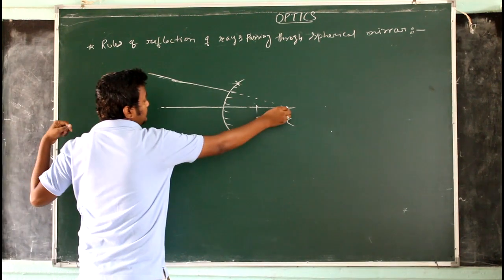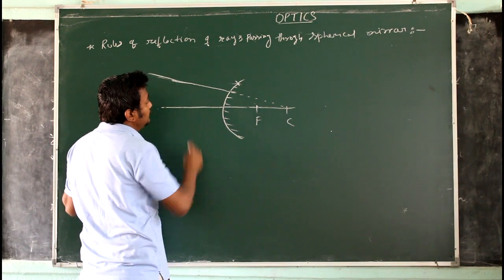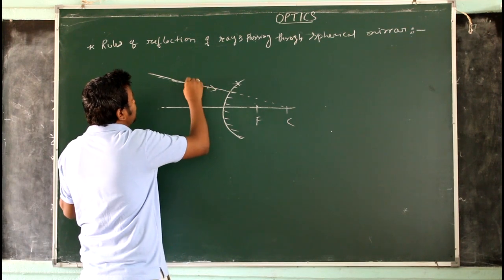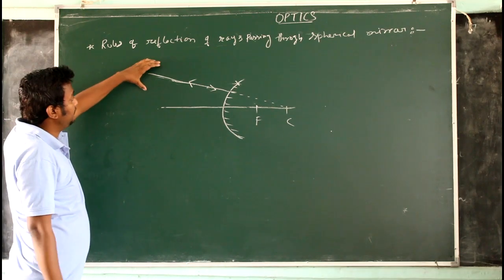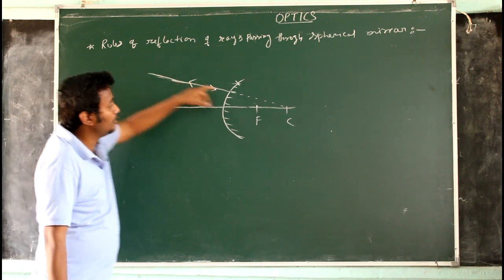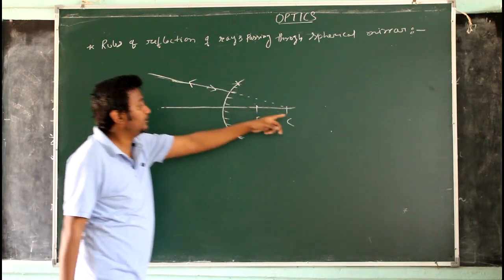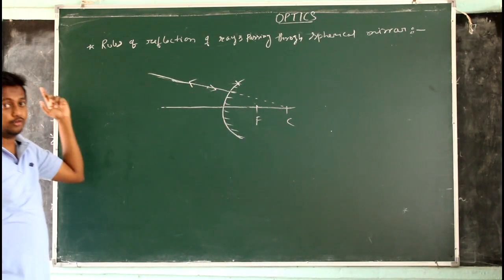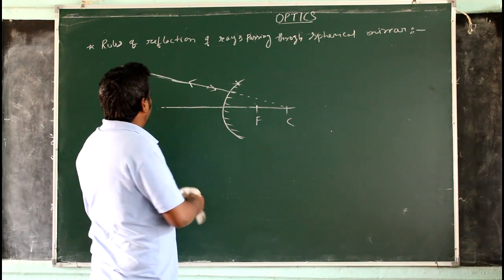After reflection, this ray will follow the same path. If you see from here, in your eye it will appear that this ray comes from the center of curvature. So the ray which is in the direction of the center of curvature, after reflection, follows the same path. This is number 2. And number 3 is